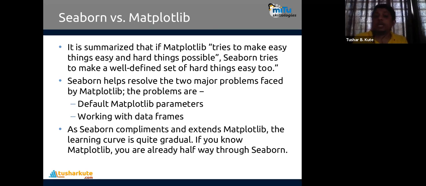So what does Seaborn do? Seaborn helps with two major problems faced with Matplotlib, like default Matplotlib parameters. Many things we have added: extra lines to add the legend, the names, the grid. Those lines are reduced.